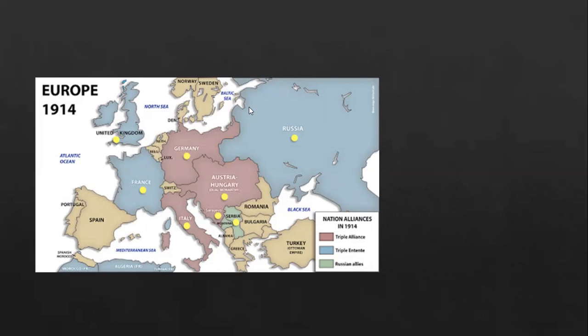And the answer is you've got to take one of them out as quick as possible, right? Because you're going to be using up a lot of resources, a lot of manpower guarding both borders. The best way would be to get one to surrender right off the bat so that you can focus all your resources on fighting on the other front. So you've got France and you've got Russia. Which one do you take out first?